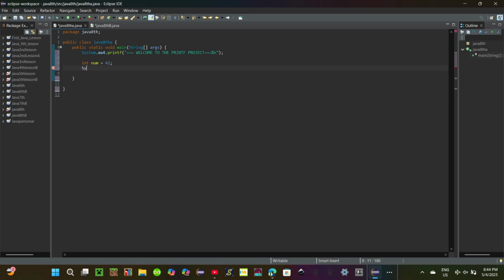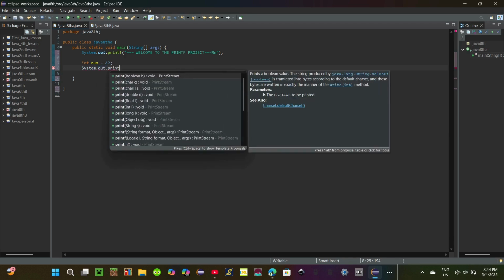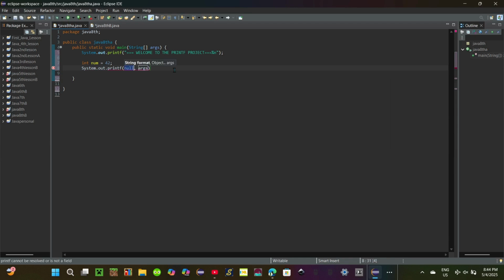System.out.printf, and we will delete this. System.out.printf, and then we'll type Integer value,